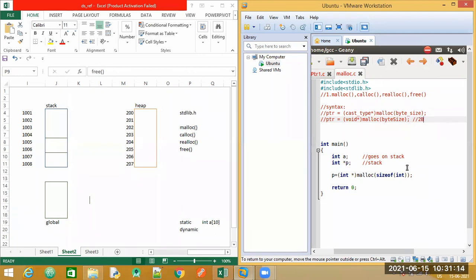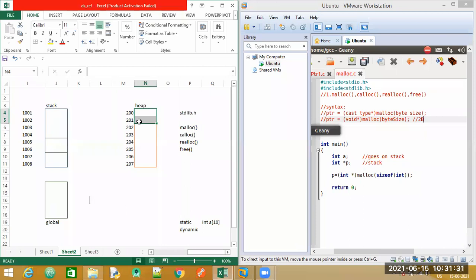So if we say it is of type integer and we just require a single block, it is going to allocate us 2 bytes of memory space. Assume these 2 blocks are allocated. Only the starting address, 200, is going to be stored in the memory.